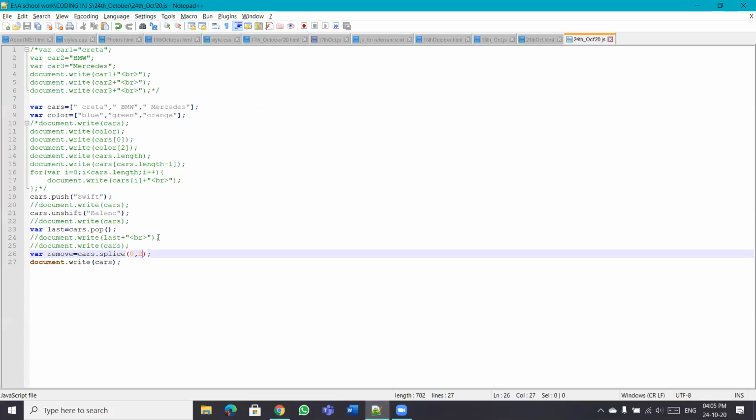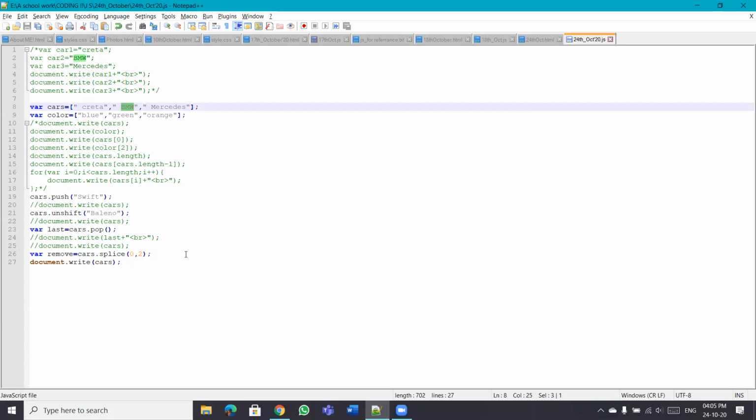Sir, can we remove only one element, not any other? So in between, you want to do it, right? Yes, sir, for example, BMW, I need to remove this. For that, you have to specify the starting position.